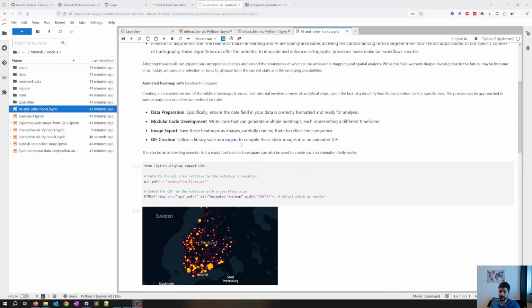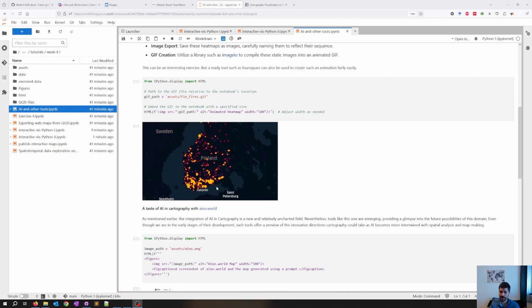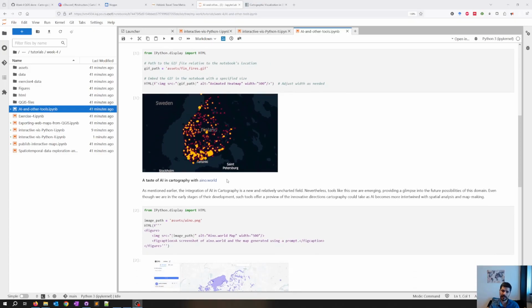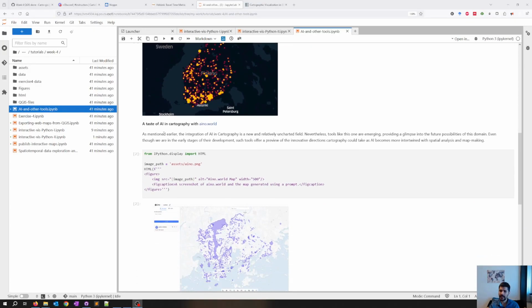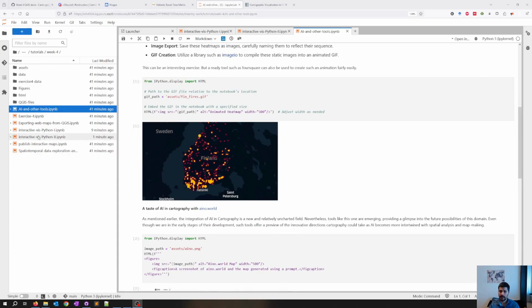That's the way I suggest. So if you want to create this kind of visualization as a GIF file, then you will create different static maps and then use libraries such as imageio to create a GIF from those separate static images. Essentially this is what it is, but there are online tools and even AI tools for doing that that you can explore. I leave the details of these for the class, but let's quickly look at